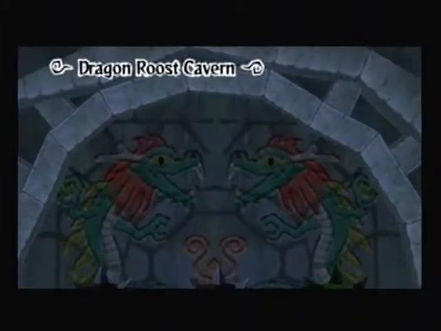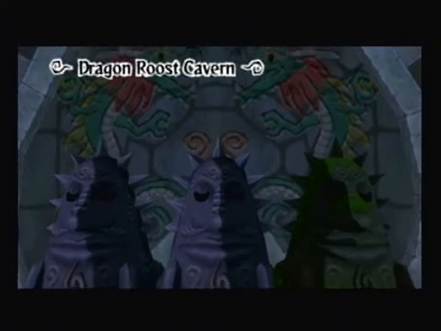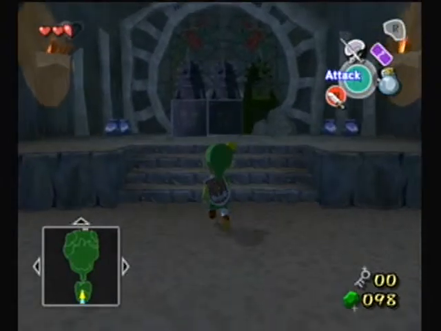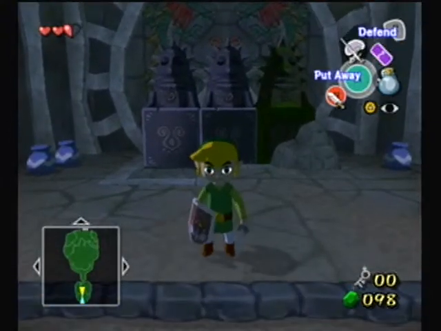And so we enter Dragon Roost Cavern, the first dungeon of the Wind Waker. Not too hard a dungeon, of course, it is the first one. Now you're going to notice these 3 blocks over here. Reason I point them out is because you're supposed to pull them out of place, as you'll see in this